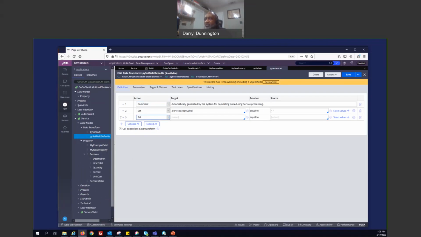This is everything I can do now. I can set a value, hit my dot, and it's going to show my current context right here. Example field, I set it to a value. I add something more complex,